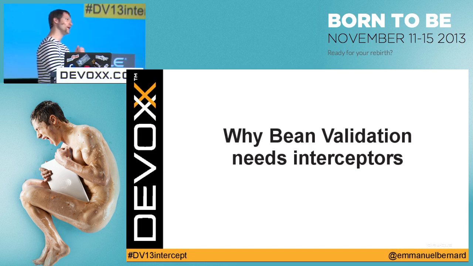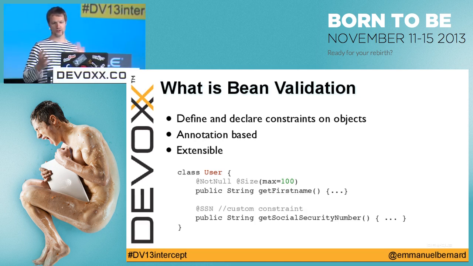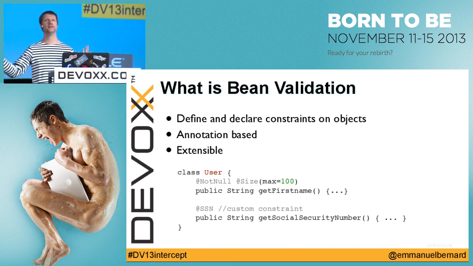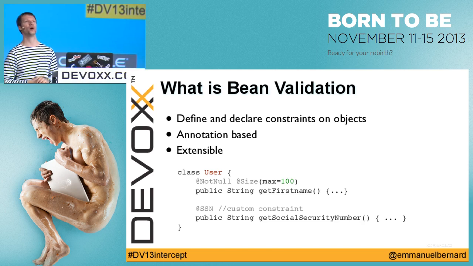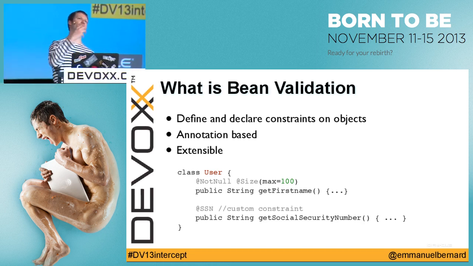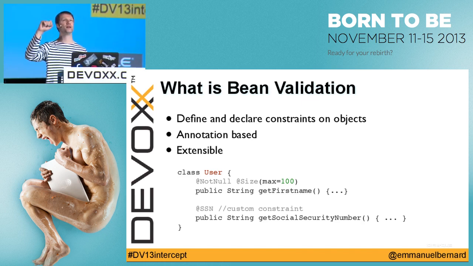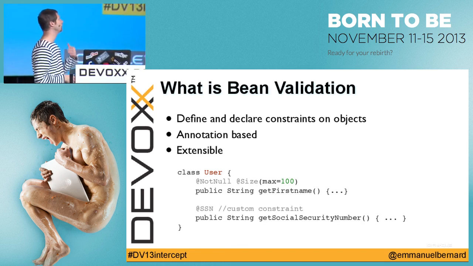All right, so why did Bean Validation need interceptor? Before I explain that, I will explain briefly what Bean Validation is about. Bean Validation is a JSR, it's a standard. It's part of Java EE 6 and 7, but it's also working in Java SE. You can use it in any of your applications. And the goal is to have you define and declare constraints on your objects. So on the getters or the fields of your object, you can apply some constraint. You say, in this example, that the first name should not be null and the size is limited